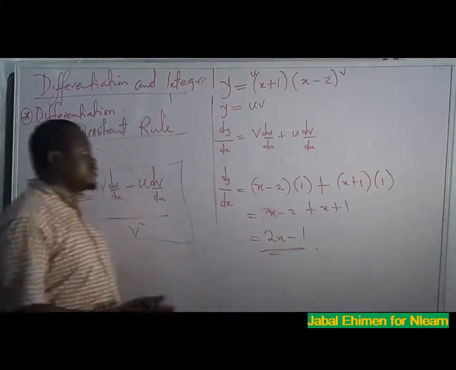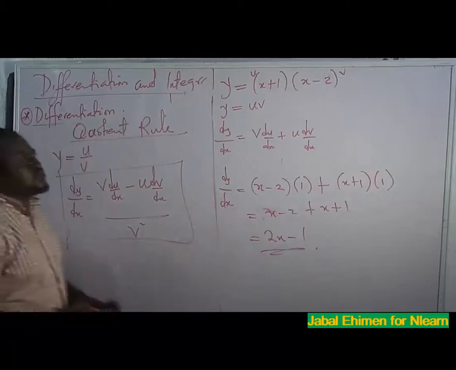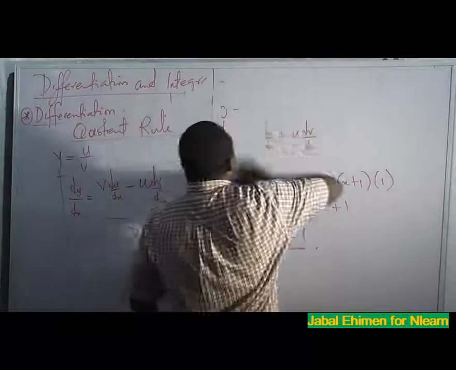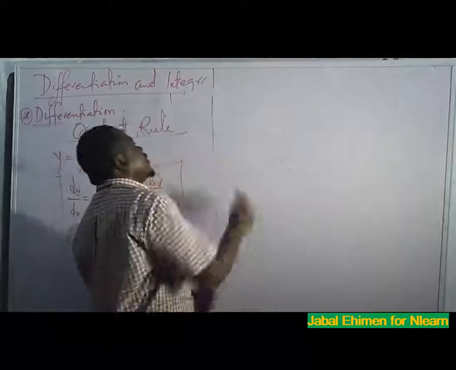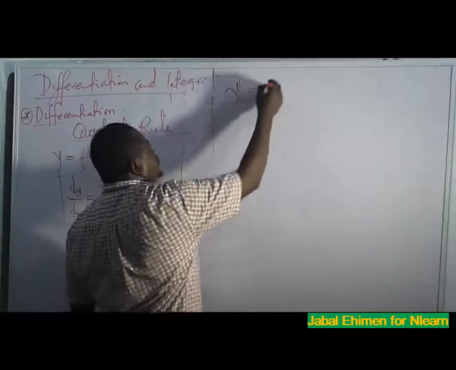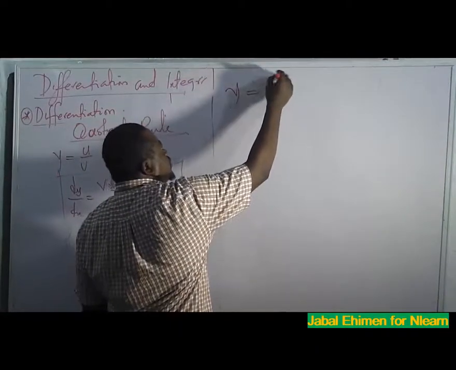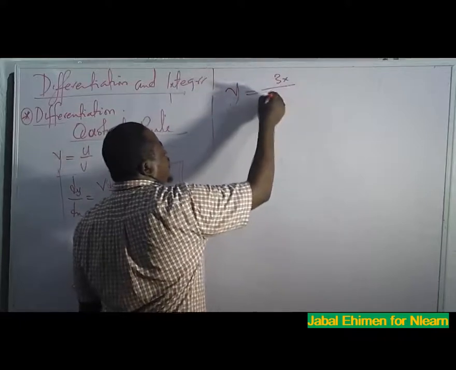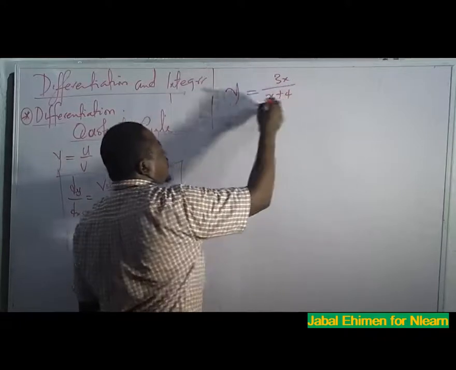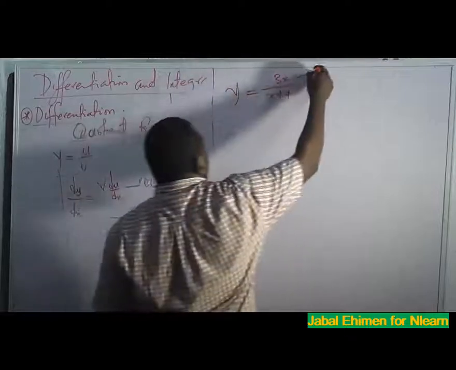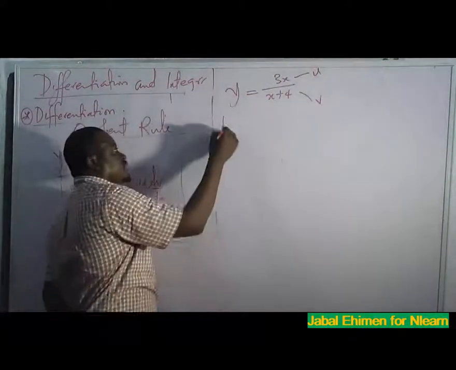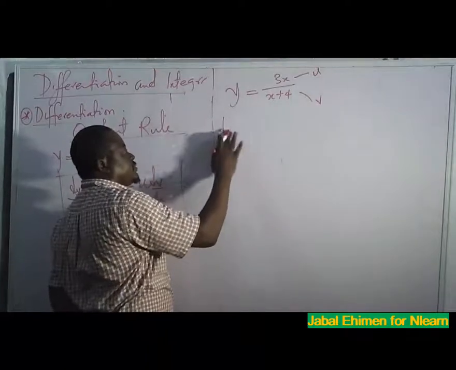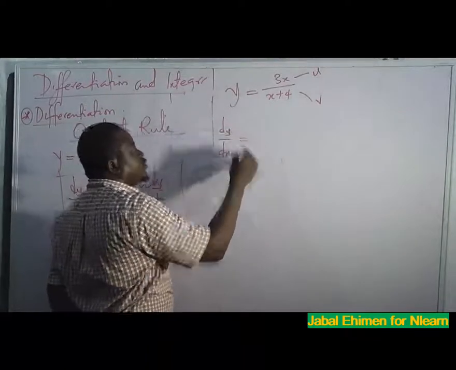So for quotient rule. Now, it's possible for you to say now that if you have y equals 3x over x plus 4, this is u and this is v. So let's use this rule. So dy over dx is equal to